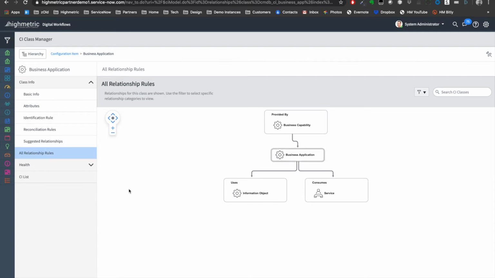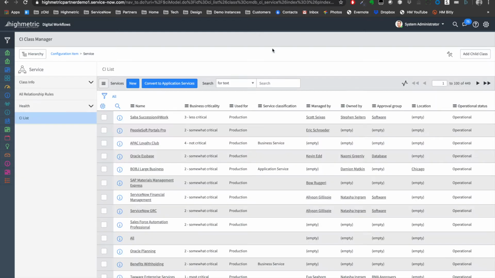Business applications use information objects and consume services. So a business application represents all the software and infrastructure environments, dev, test, production, QA, and so forth, configured to provide business functionality. So at the heart, as we step down through the contextual logical model here, we have the concept of a service. Now, services come in three